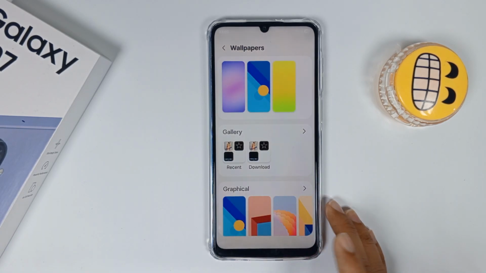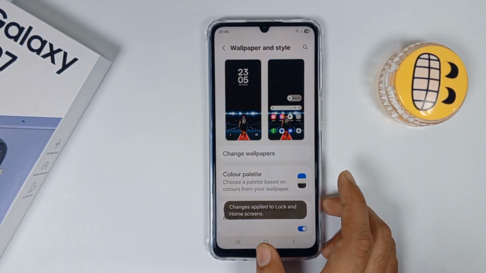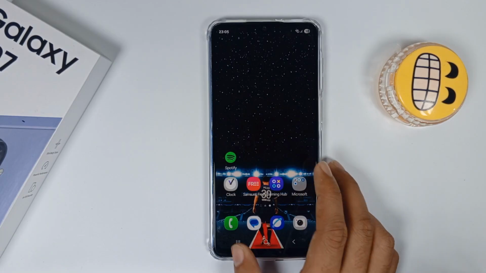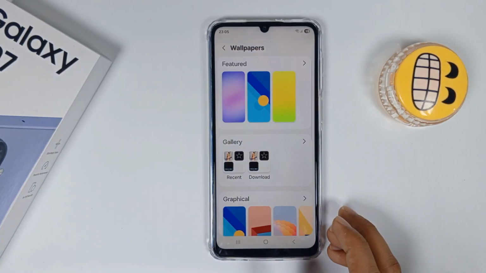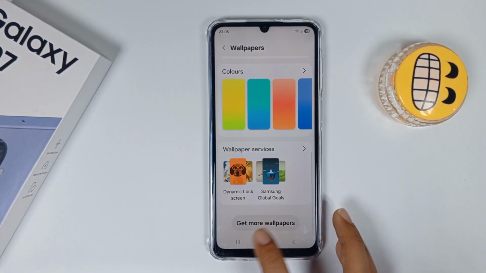Click on next and click done, and see, here is the wallpaper. However, if you don't like any wallpaper from here, there is also an option of get